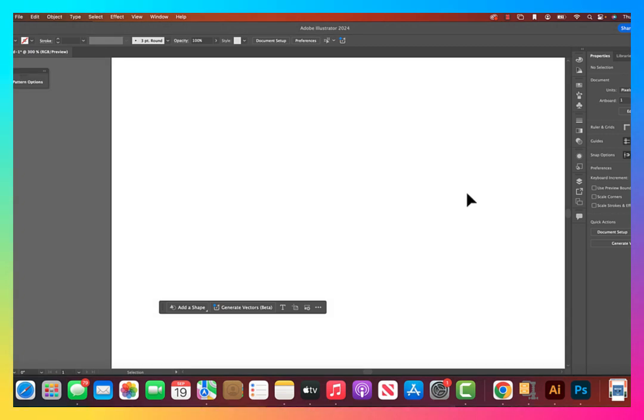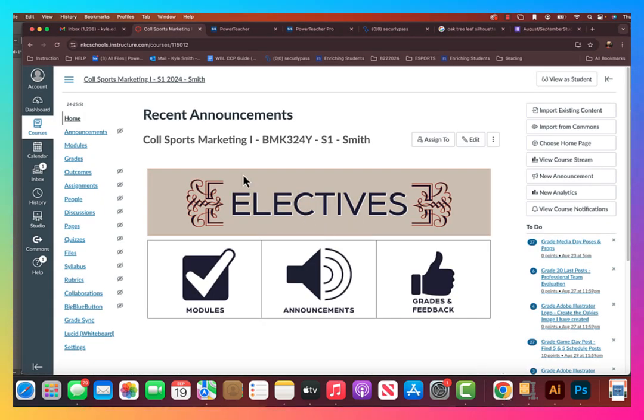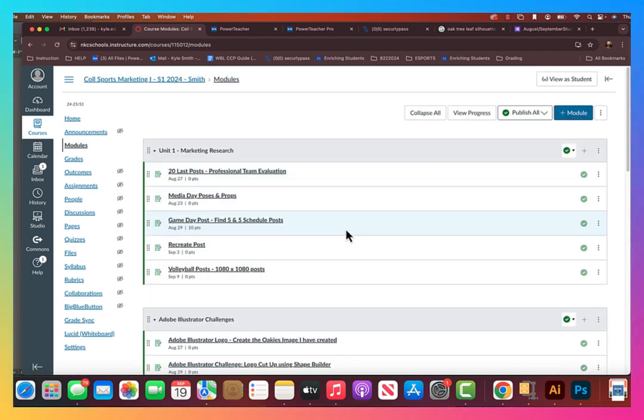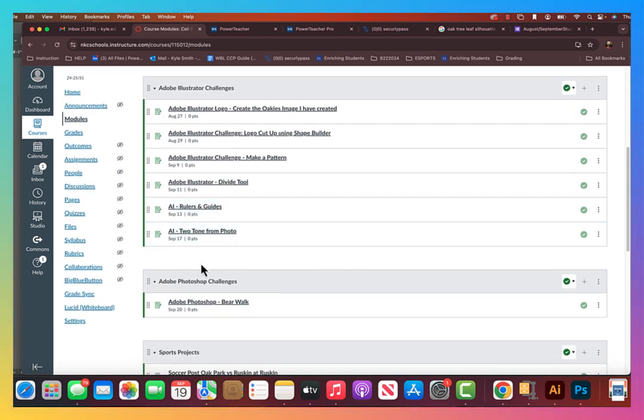Okay, for this assignment, you're going to use both Illustrator and Photoshop, so I'd have them both open. The first thing I'm going to show you is where the assignment is. I'm going into Google Chrome, and I'm in College Sports Marketing 1 or 2. Go to Modules, and then you go down to where you find Adobe Photoshop Challenges, and there's one called Bear Walk. So you're going to open that up,